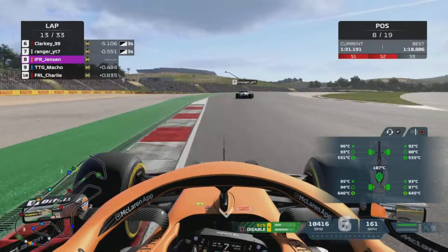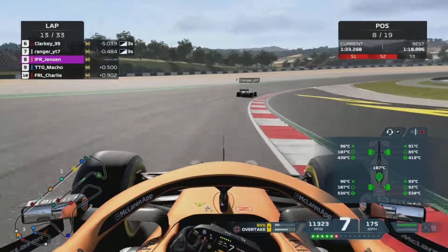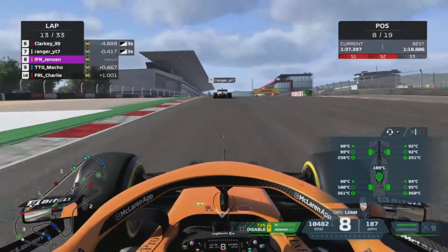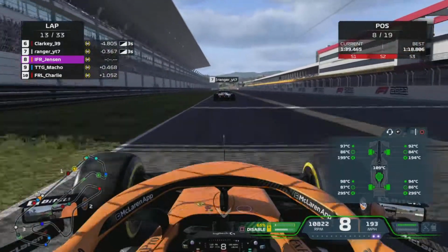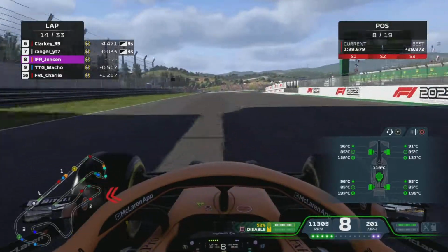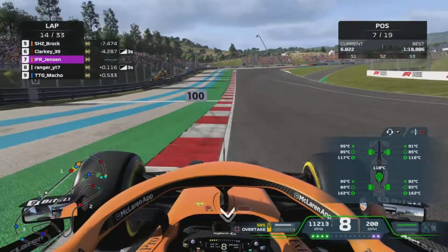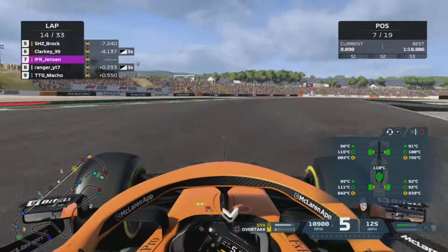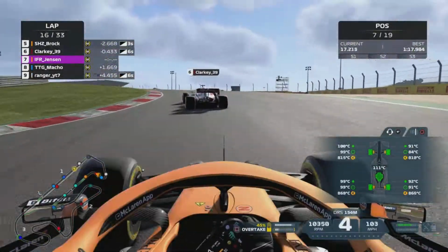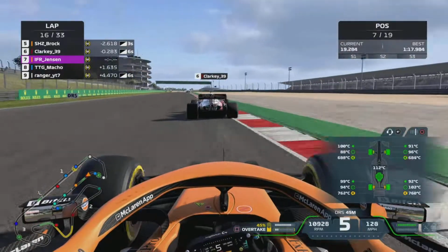Next up is Ranger, and it was a pretty easy overtake, to be honest. We got the DRS and the ERS advantage. Ranger was flashing, it was a pretty big disadvantage for him as we went through, but essentially he had the DRS for the next straight, and he managed to keep Macho behind a little bit longer, and you see the gap's 1.6 seconds to catch up to Clarkey